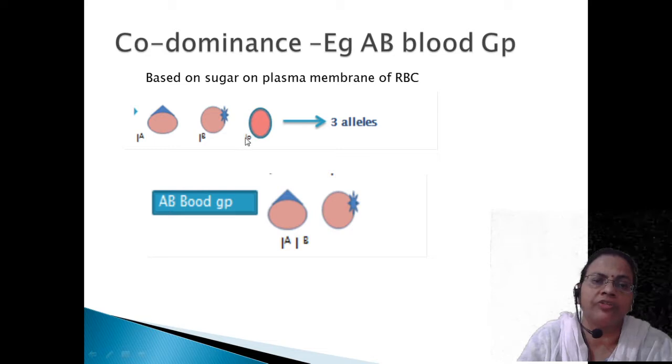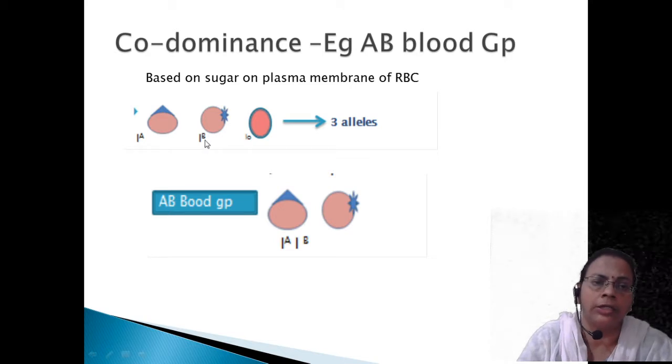It is the unmodified allele only, so that allele can be represented by IO. So in human beings, instead of 2 alleles, there are 3 alleles. Normally, Mendel said each and every character is controlled by 2 factors, but this is a deviation only. That is, instead of 2 factors, there can be 3 factors, or now we will call them 3 alleles: